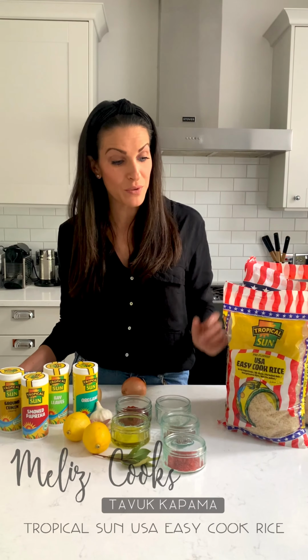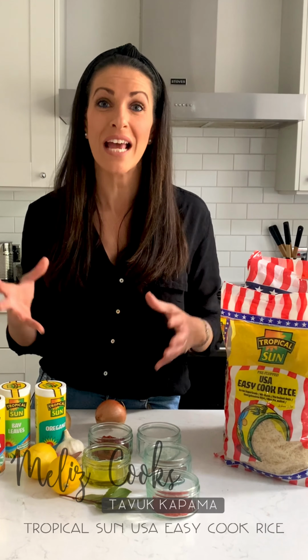Today I'm going to show you how to make Tavuk Kapama, a baked chicken and rice dish where the rice really is the star of the show. I'm using Tropical Sun pre-fluffed USA Easy Cook rice, and I use Easy Cook rice in a lot of my recipes. The rice soaks up all the flavours, all the spices, all the juices from the chicken while it cooks, and I cannot wait to show you how easy it is to make and how utterly delicious it is once